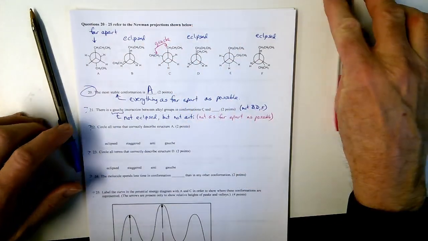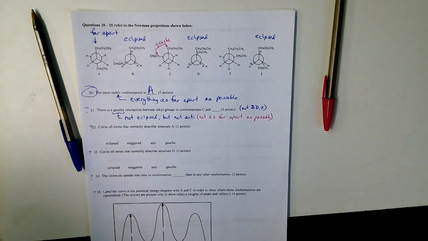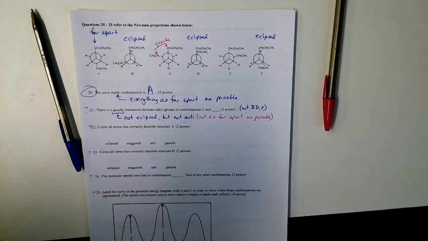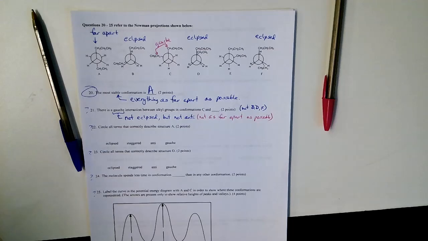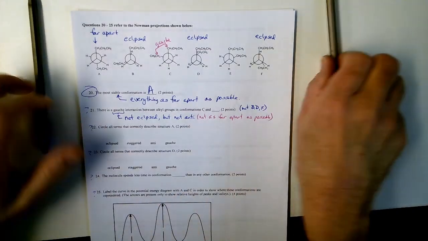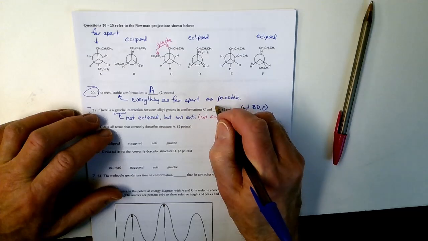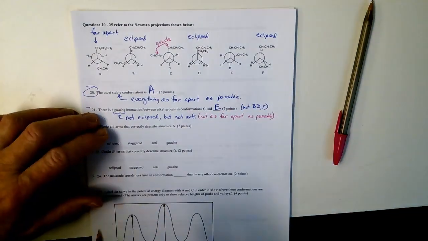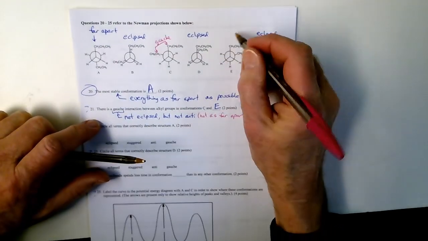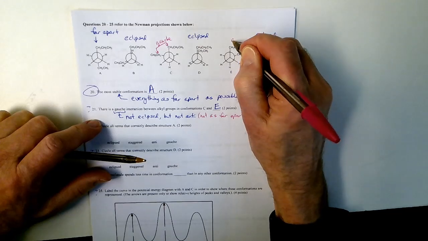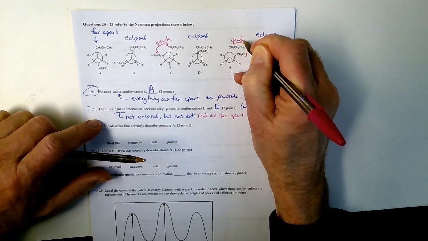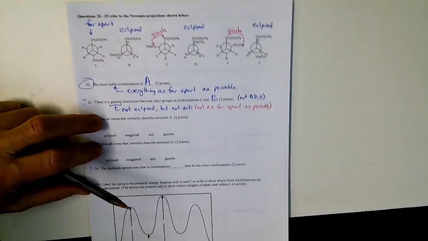I'm told that gauche is a French word that means kind of awkward. Does anybody speak French or taken it? It just looks like there's something not quite right. It's not as stable as it should be. And that means the answer would need to be C and E. And right here in this spot is the reason you call that one gauche.